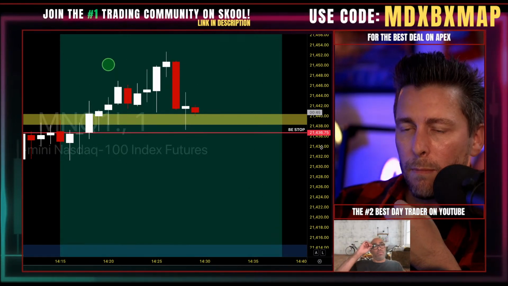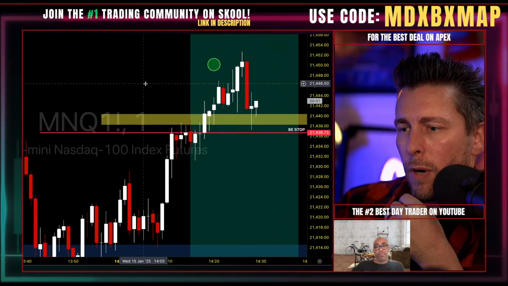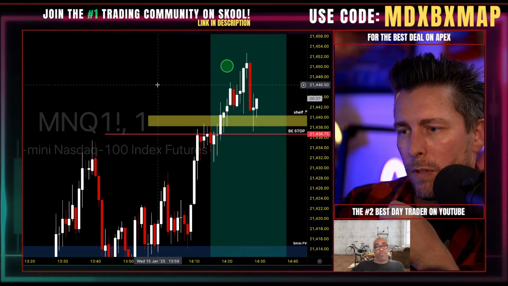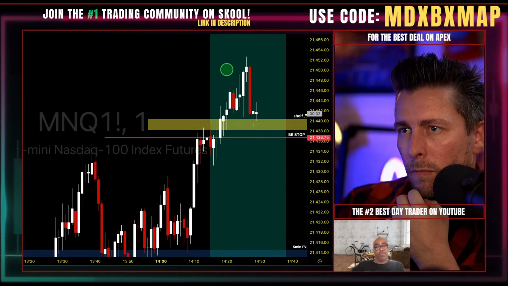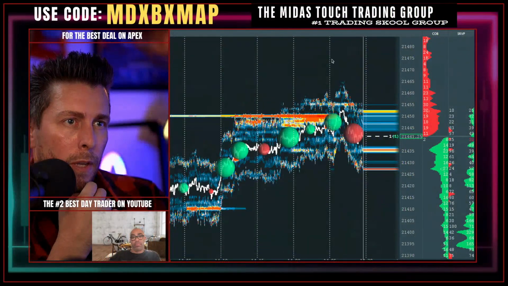That's what I have to keep telling myself, right? Let it rock and let price breathe. That could have been the retest. Price might dip a little bit deeper. This is a nice little sell-off. I'm looking at Bookmap here. Let me switch over to Bookmap and show you what I'm looking at.